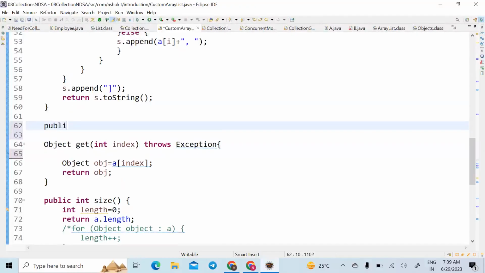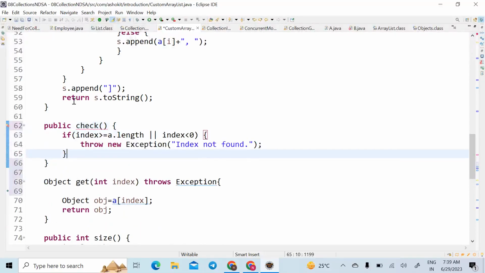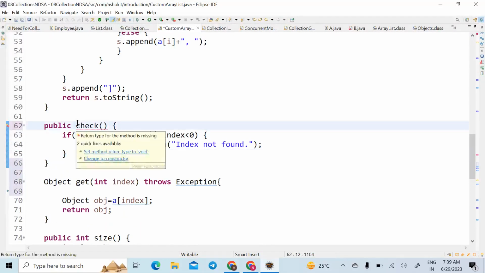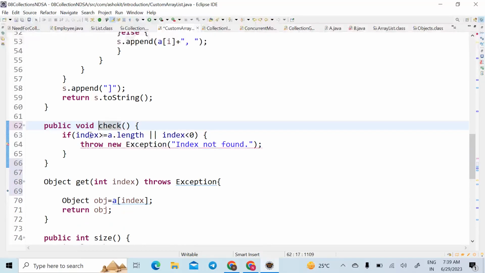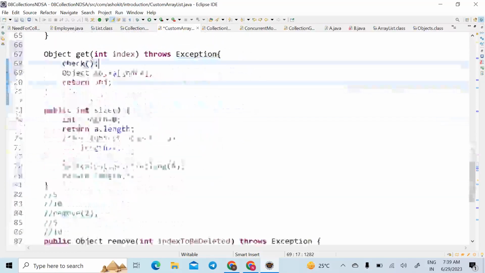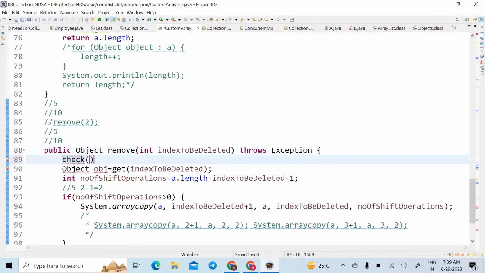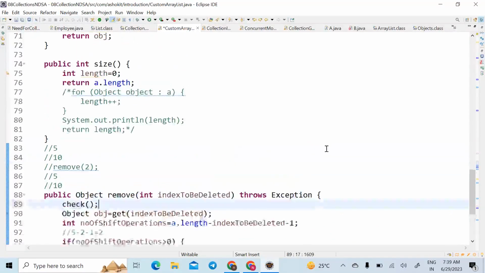Let's keep it as a public check. Okay. Void. Now, can I call this method here? Yes or no? Yes, yes. Now, same method can I call in the remove method also? Okay, done. Now, whenever I call this method,